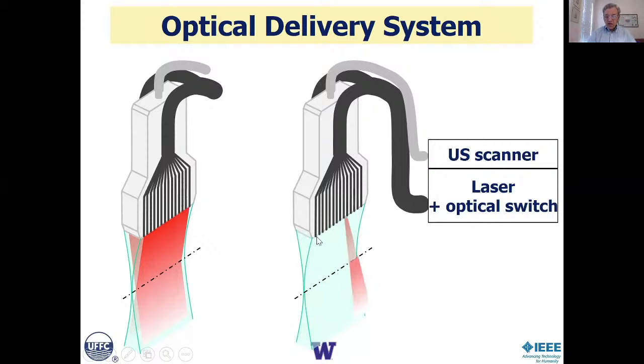sufficient fluence, actually peak fluences at the surface comparable to the big lasers, which it diffuses more readily because it's from this smaller source, but we get to do multiple measurements. So that means the peak energies we need in each individual fiber go down. So that can change the size and scale of the laser. It has to go fast, but it doesn't have to be anywhere near as powerful as the big laser I